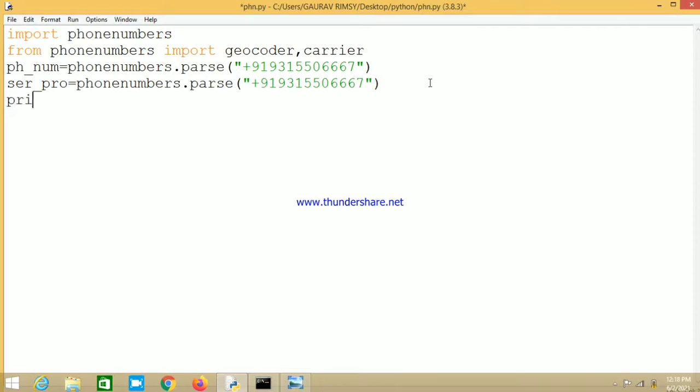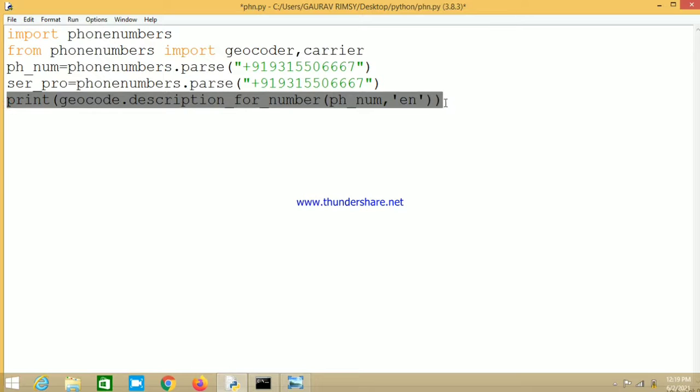For that we will use print as usual, print geocoder.description_for_number, which is used to get the name of the country, with the phone number, and then en. Along with that we want to get the service provider name now. So how can we do that? I think there might be an error, there is only a single bracket, I have not closed it. So we can copy this again.